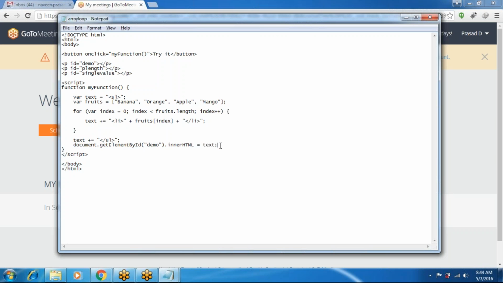So here we can display the length of the array in the p length paragraph, length is fruits dot length,